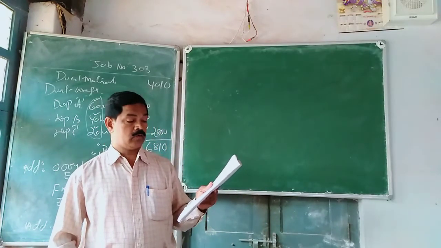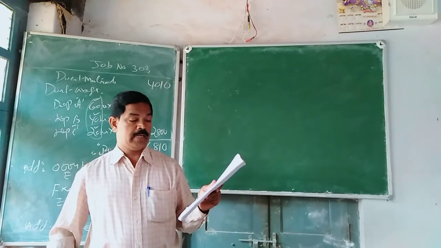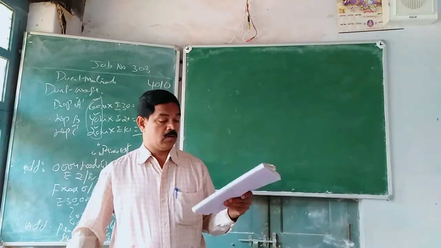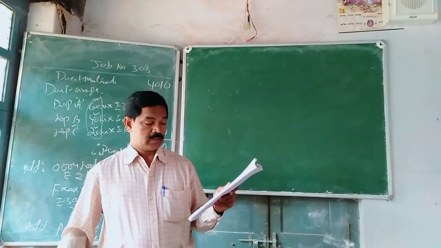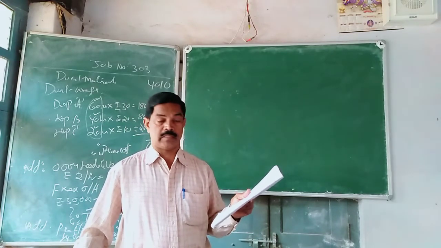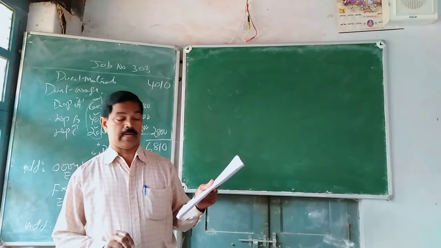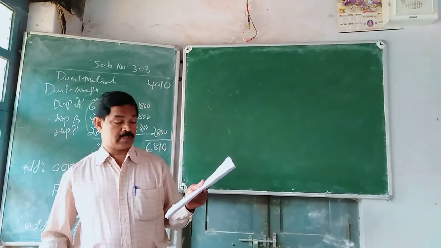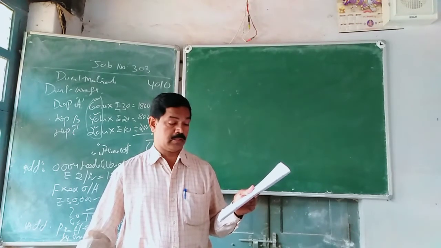Then see this, factory overhead is charged to jobs at rupees 2 per direct labor hour. Overhead is charged on the basis of labor hour. Factory overhead for May 2014 is 2,100. That is given, but we need not consider this. Jobs number 612 and 613 are completed during May. Only 613 and 612 jobs are completed in the month of May. These are billed at a price which included 15% of the price of the job for selling and distribution expense and 10% for the profit.